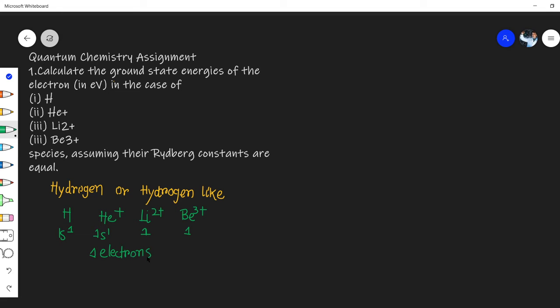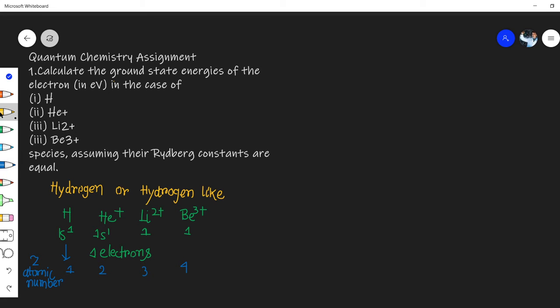The Z might be different, okay? Now, can you please tell me everyone the Z for these? Z is the atomic number, okay? All of you remember these things. Z is equal to the atomic number. The atomic number Z for hydrogen is equal to 1, for helium it is equal to 2, for lithium 3 and at the same time for beryllium 4.